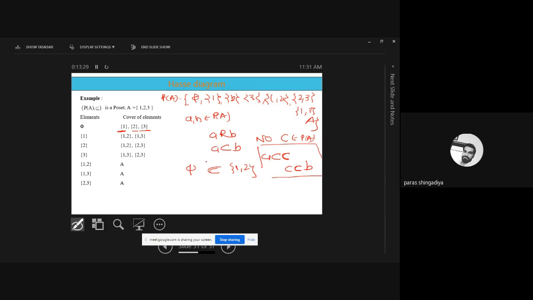So for the second condition, in between 5 and {1,2}, there are 3 numbers that exist: singleton 1, singleton 2 and singleton 3. Okay, and we can easily consider singleton 1 as a counterexample of C. Why? Because 5 is a subset of {1}, that is also true, and {1} is a subset of {1,2}, that is